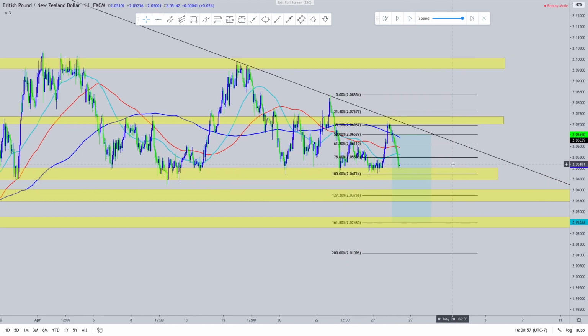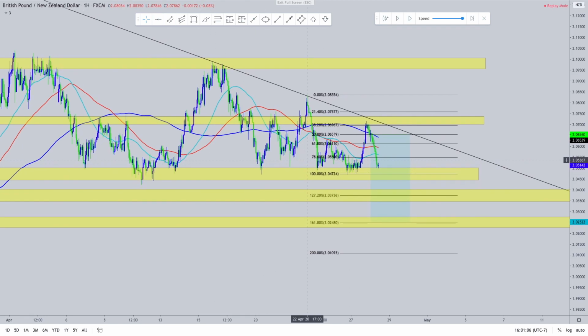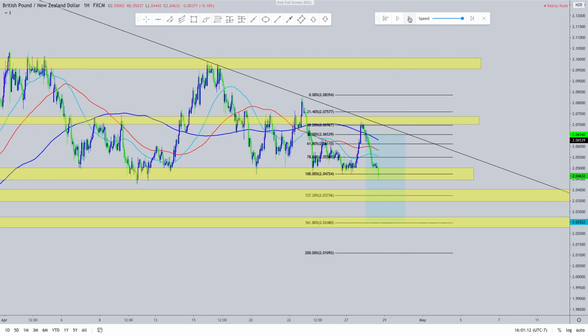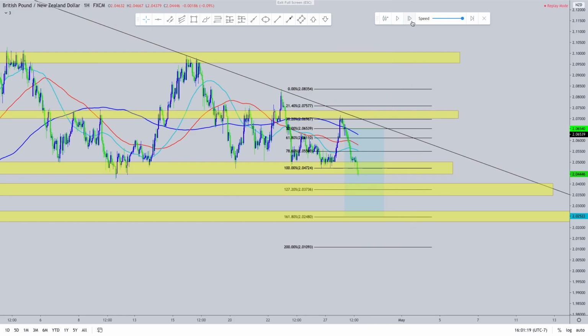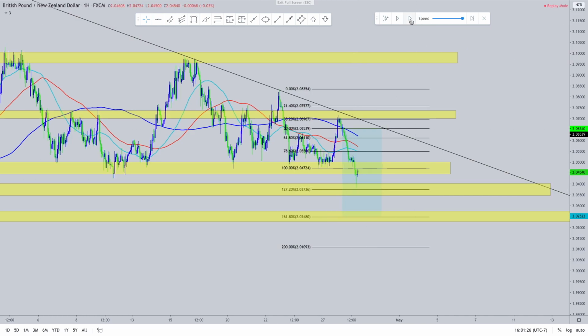I probably took 20-30% off, something like that, just because I was seeing some rejection. It was at a nice level of support. Now, after that, we just had to look and see how this thing progressed further. So we did get a break lower after some consolidation, and I didn't get a chance to take profits, but we did hit our second area